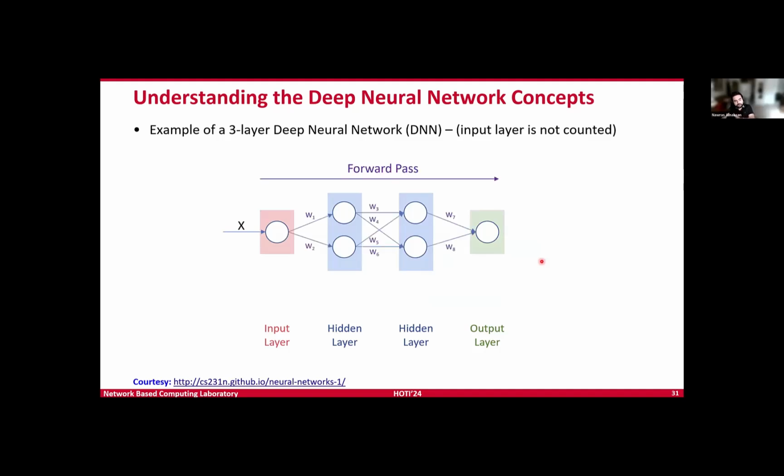So if we're doing supervised training, we already know the answer, but we want the network to give us an answer that is very close to that answer. So based on this, we calculate the loss. How far are we from the actual answer? And then we propagate that error back in the backward pass. And to do that, we calculate the gradients. The gradients tell us the direction and in some sense the magnitude of how we should adjust the weights in order to get a more accurate answer in the future.